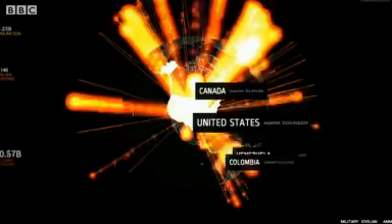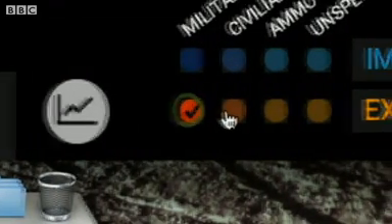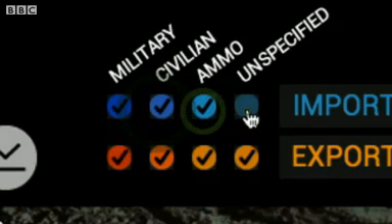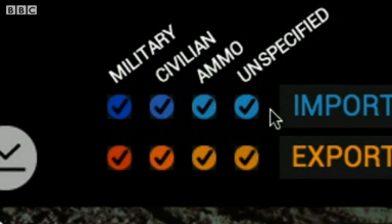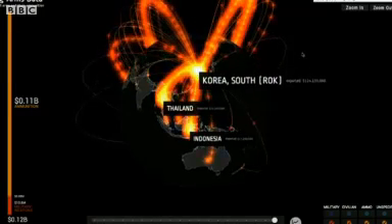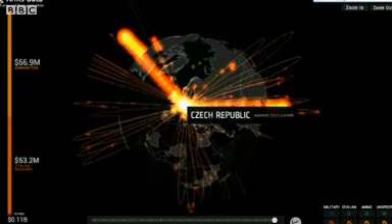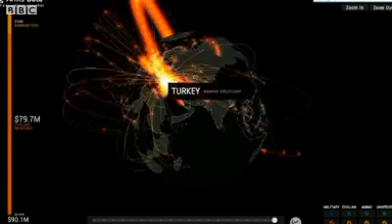There are two colors. Orange represents exports, and blue represents imports. And you have three types of weaponry that we've collapsed together. The tool reveals a number of very interesting trends around the world. Many countries, more than we'd anticipated, are involved in some aspects of production, of exports, of transiting authorized weapons around